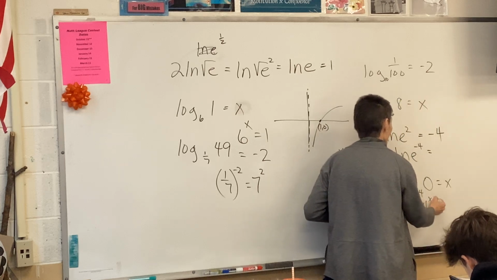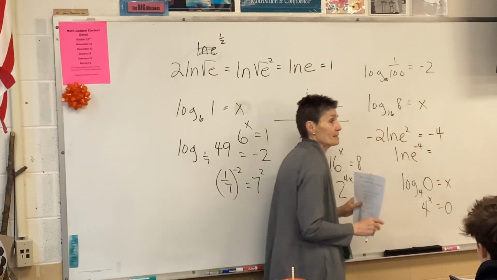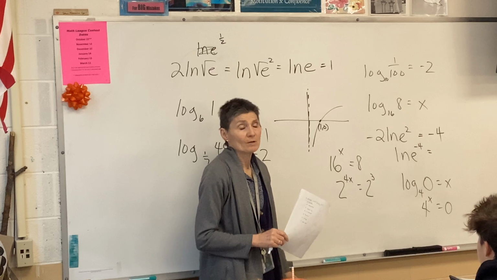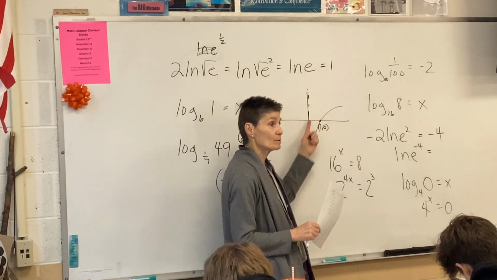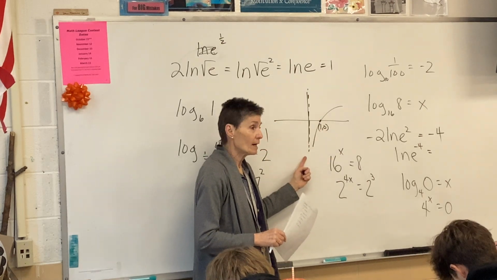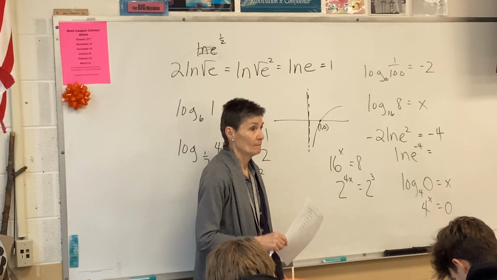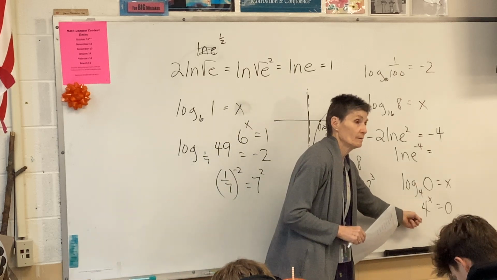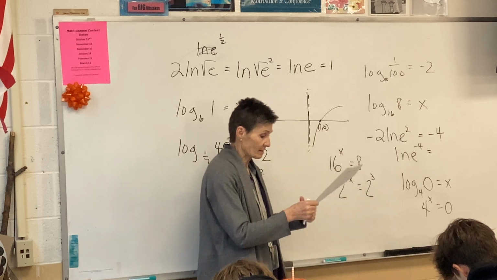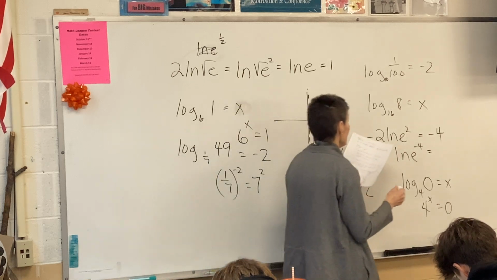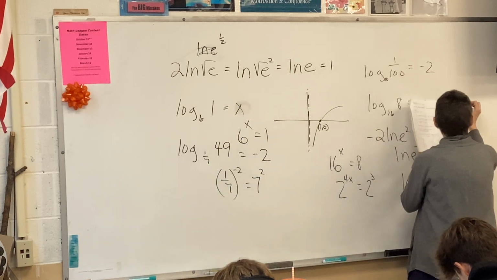Can you raise 4 to a power and get 0? Is that possible? No, there's no solution. There's an asymptote at 0. You cannot take the logarithm of 0 because that won't work. Any base, that won't work. And finally,